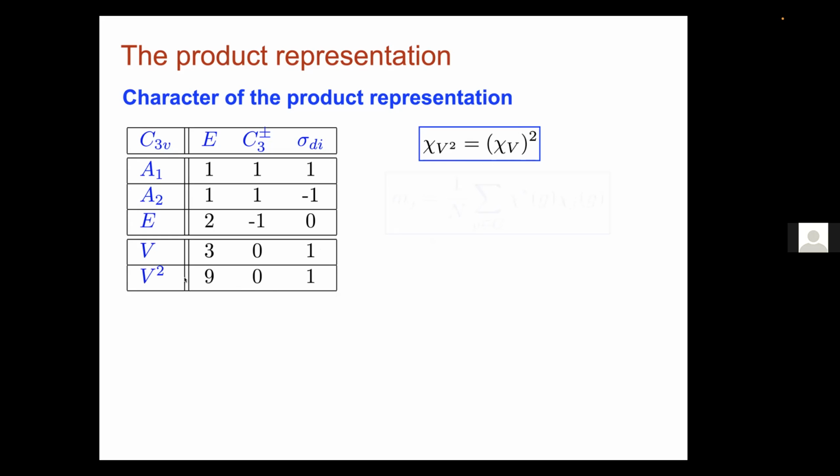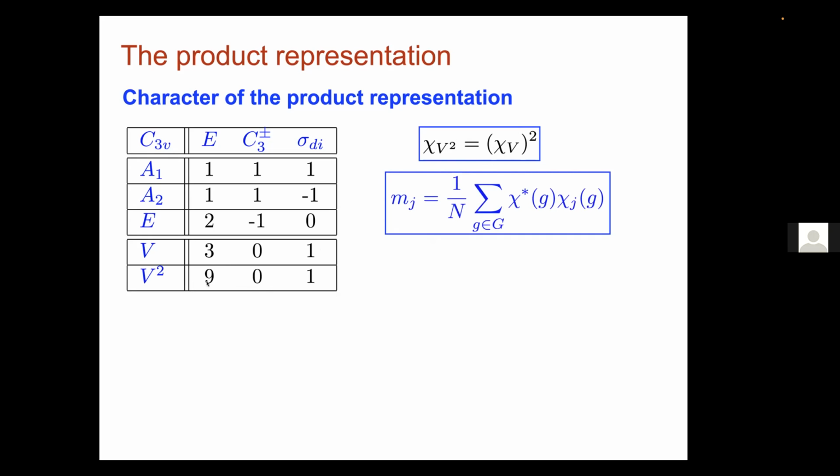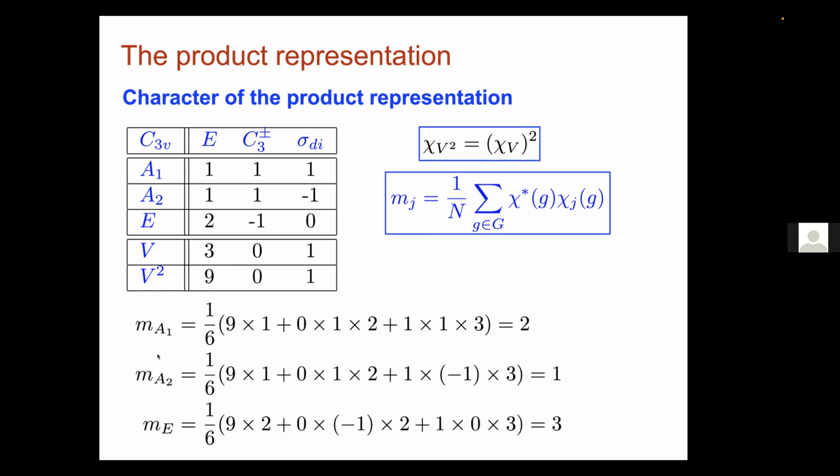In fact, to decompose it, all I have to do is to use the magic formula. By now you are experts in doing this kind of computation. So this tells you that V squared decomposes this way. This will be essential to find the Raman activity. This computation of V squared, well, in fact, of the symmetric part of V squared, that's something closely related. Okay, so now